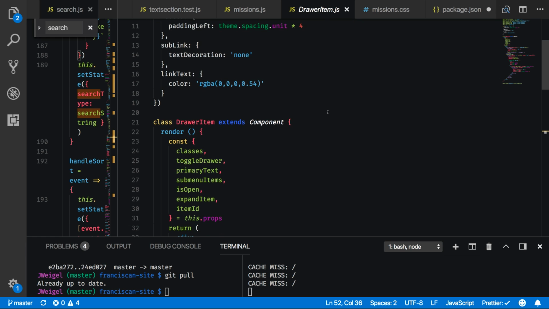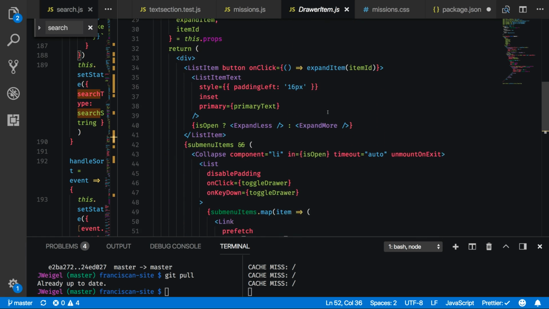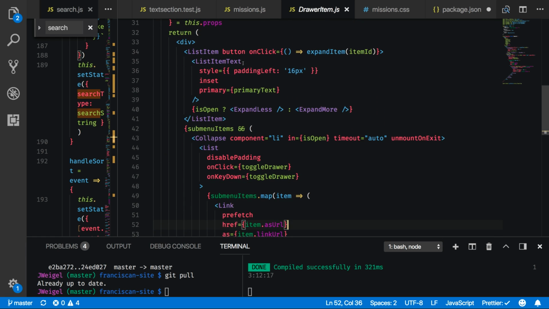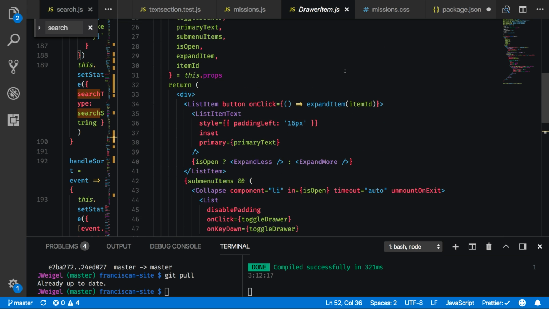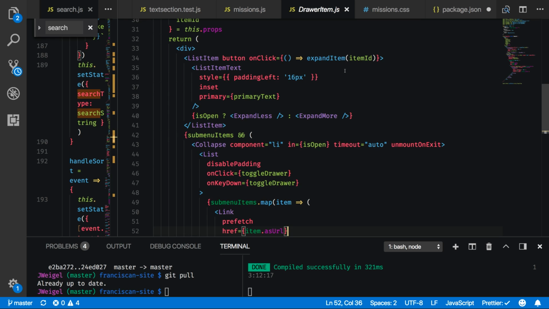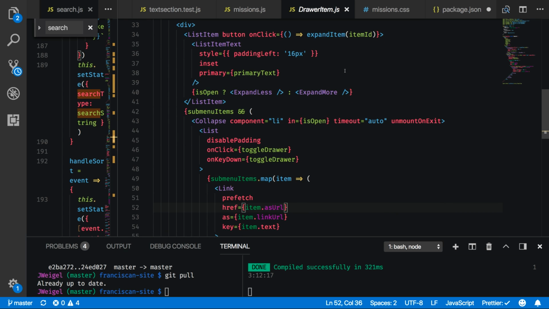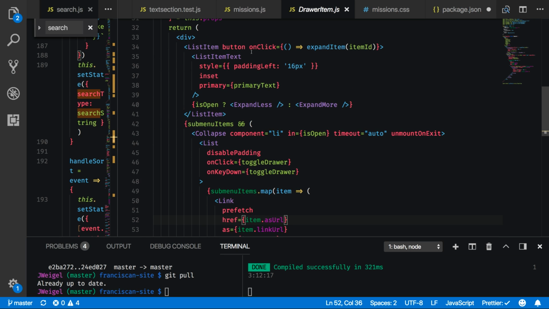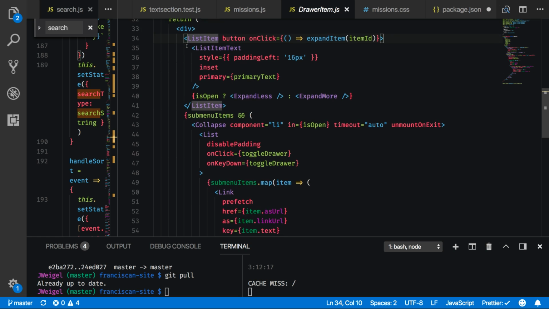So let's see, what do we have? Button click expand item. Okay, yeah, so right now we're already doing this expand item on click. So what we need to do then,